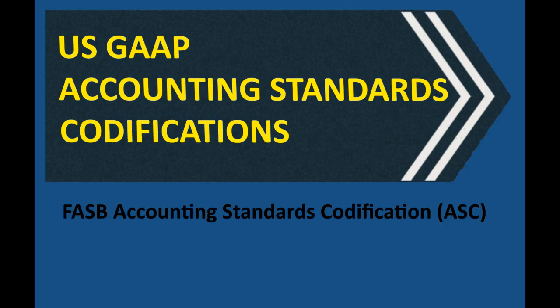So within a topic like leases, we then have subtopics. Why do they need even more division? Well, subtopics provide a more granular level of detail within that topic. They often break down the guidance based on the type or the scope of the item you're looking at. So within leases, for example, you'd find subtopics like operating leases and finance leases, which used to be called capital leases. This lets them provide more targeted guidance depending on the situation. I see. So it's getting more and more specific.